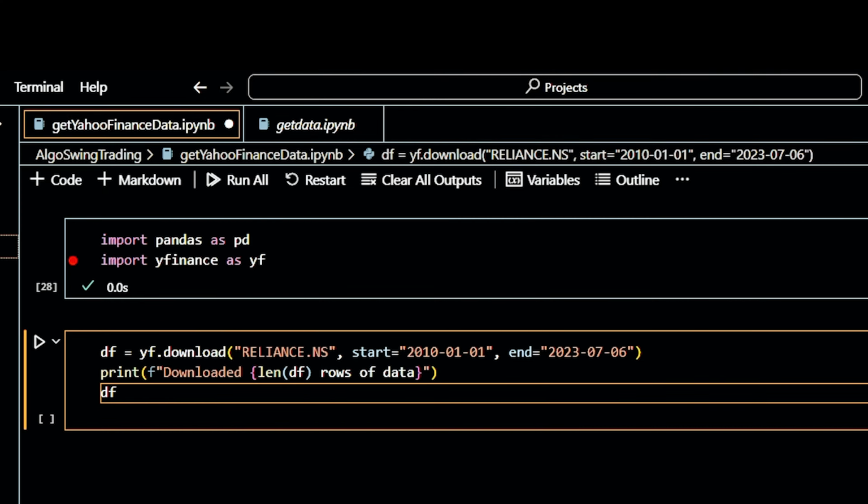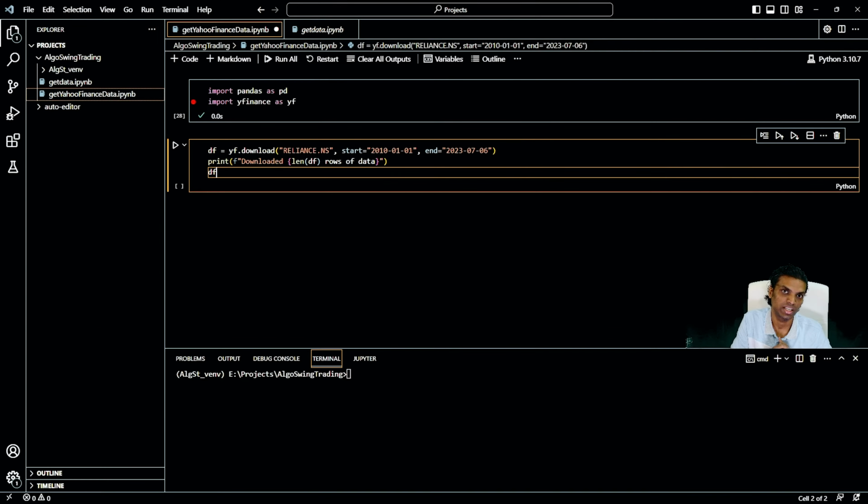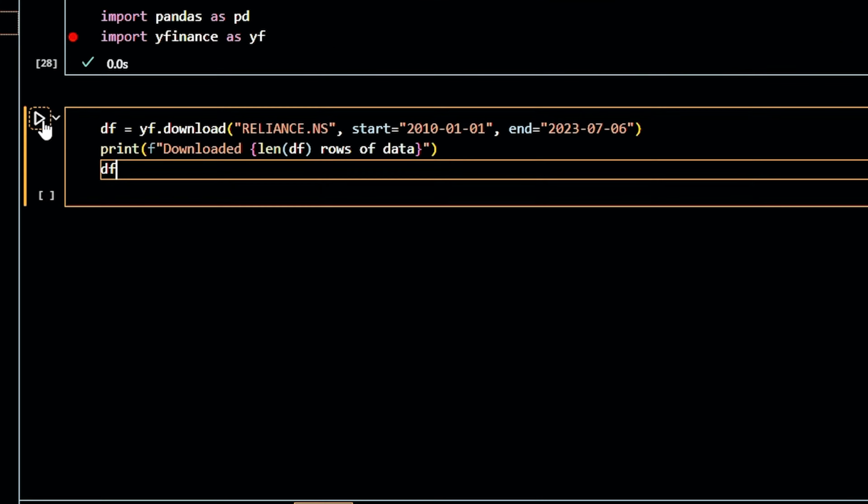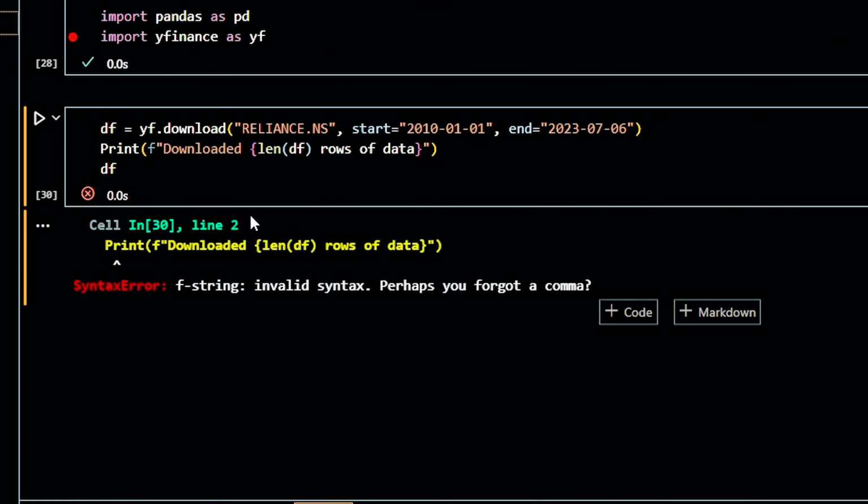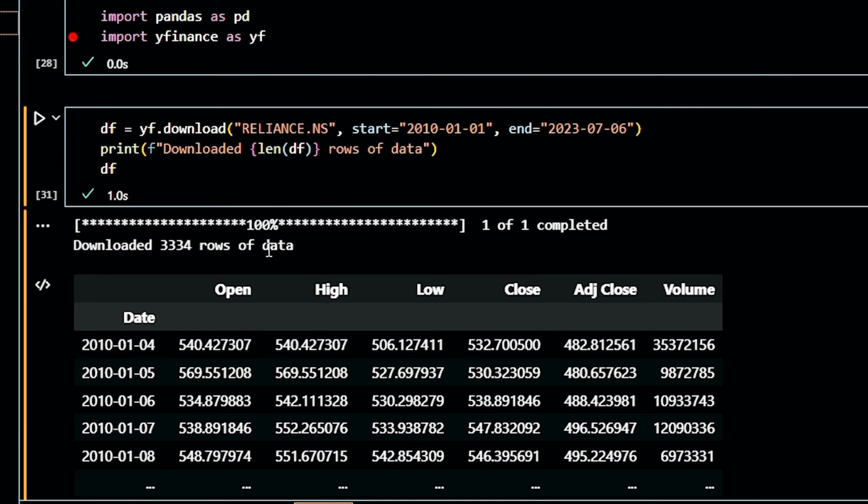And then we will also see the data frame. Otherwise, if you don't see the data frame, how will you understand? Why is it important to see the data you are downloading? It's because we would like to see how the data looks, so that we can do feature engineering in the machine learning models. And it's really important to understand which columns are important. So let's run this, print f-string download. Okay, so we have